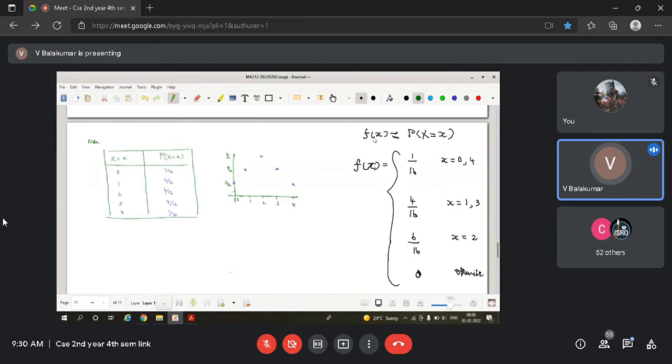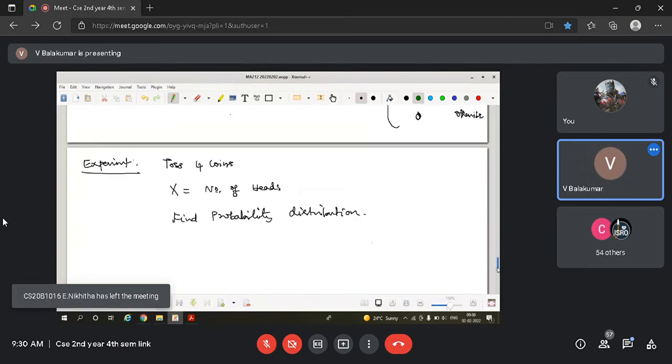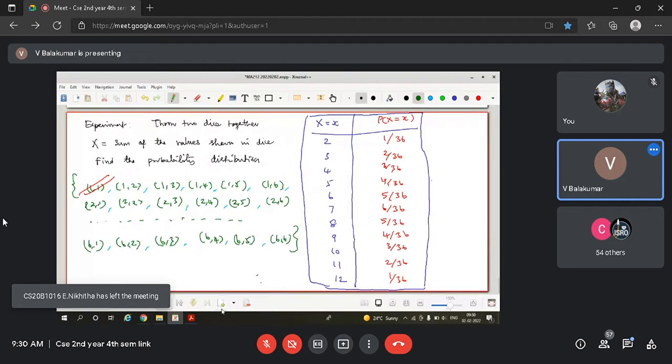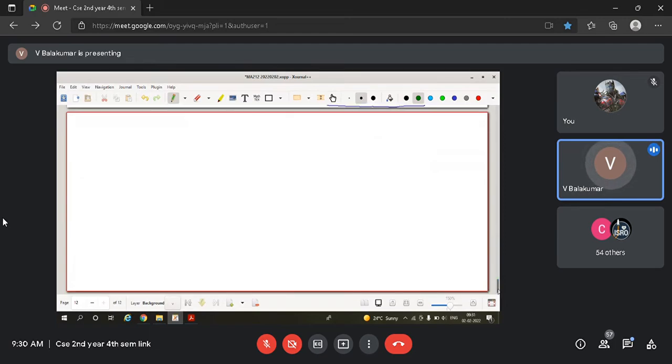Now we want abstraction for this probability distribution. 3 ways of representing probability distribution. I want abstraction, meaning instead of table and instead of picture, can I write some function definition? Suppose I write what kind of function it is. Even first, let me write down those desired properties. So what do I have? I have a random experiment and I have the random variable.